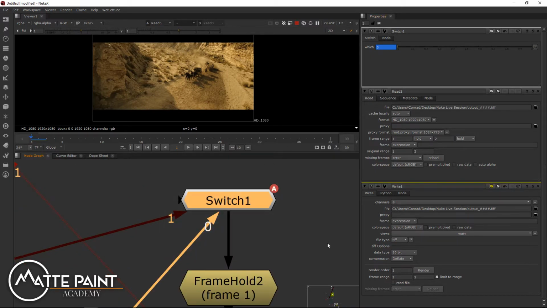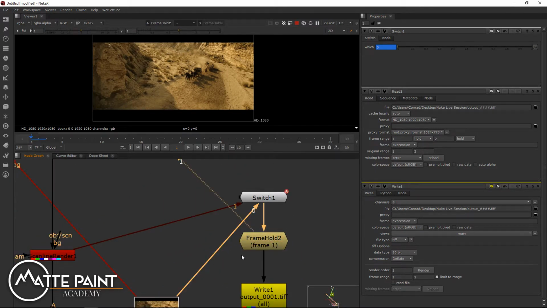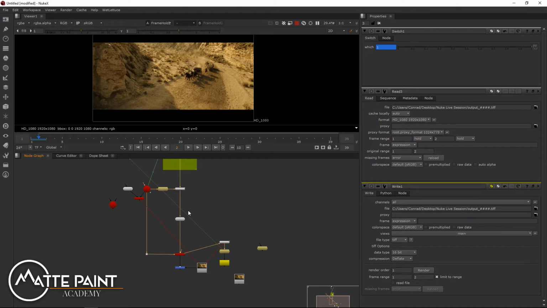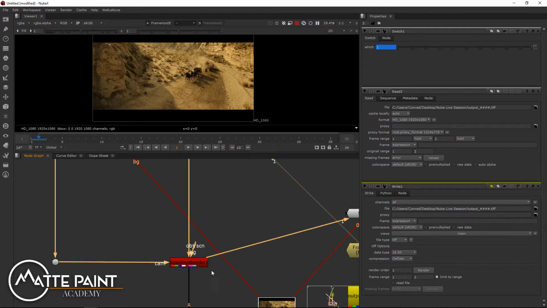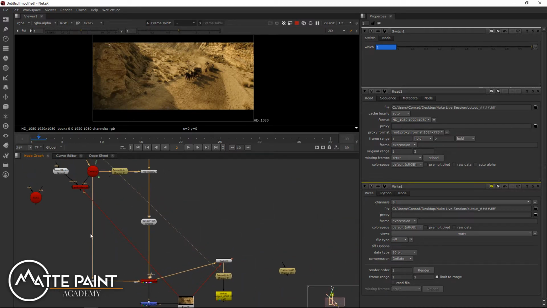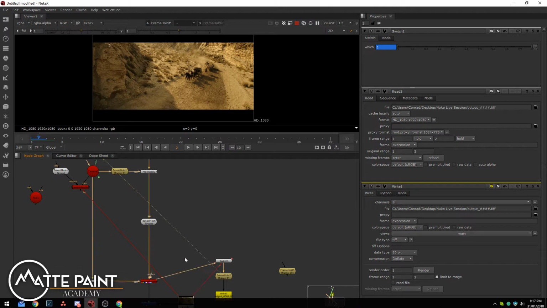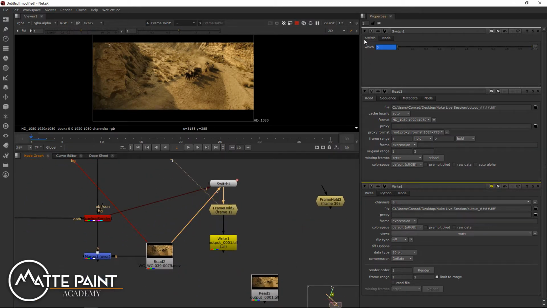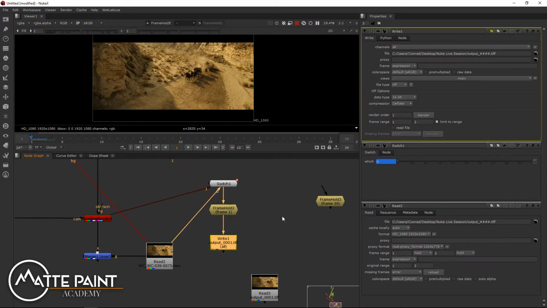Right, so if we view this, you can see this highlighted pipe. Nuke always tells you where it's reading information from based on the highlighted pipes that it's showing. So if we switch between our 2 frames, it's going to show us that it's reading from the plate, and then it's reading from our setup. So now we have an animated switch. If we render out this write node again,